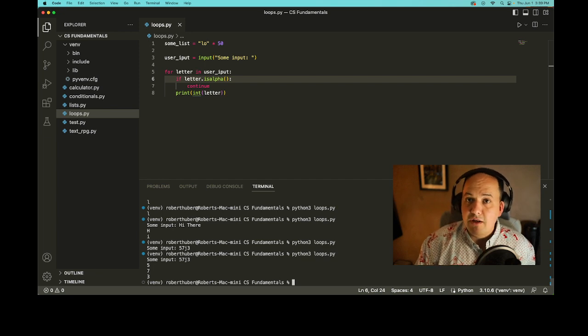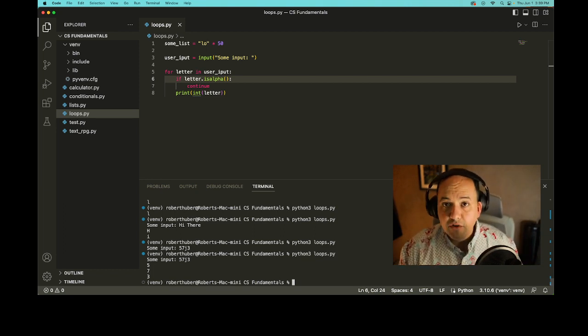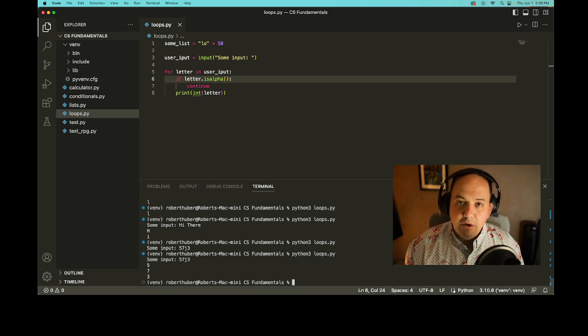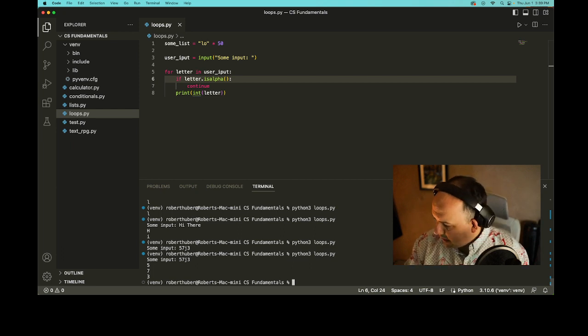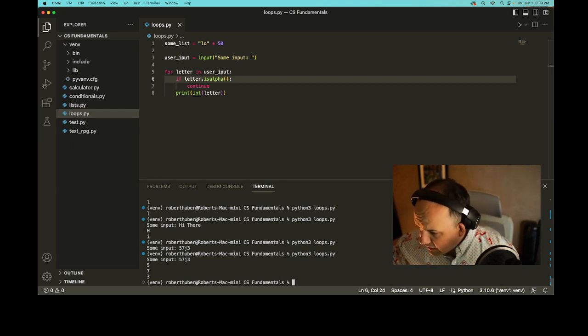If it's the right PIN number, then we get to move the user on, and they don't have to worry about the fact that they entered a letter in the middle of their numbers, and we can move forward. That's an example, but there are lots of uses where we could use these continues and these breaks. Okay, so that is